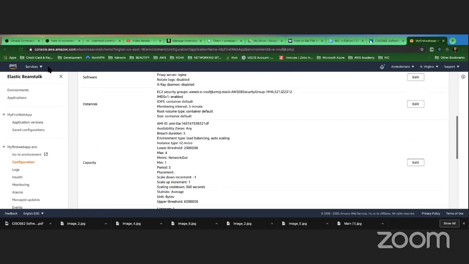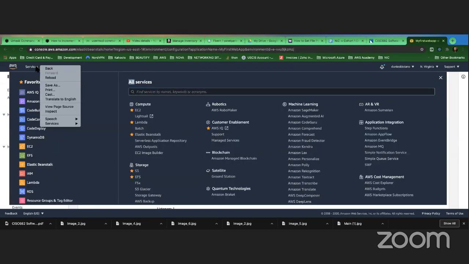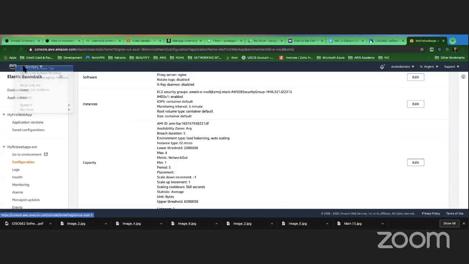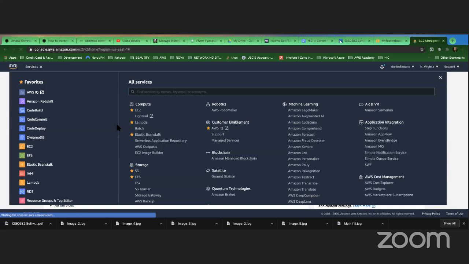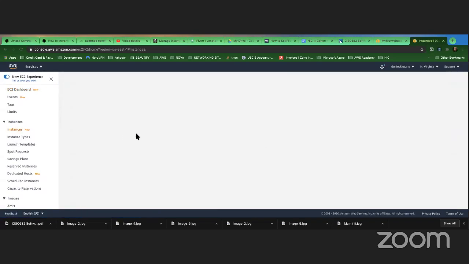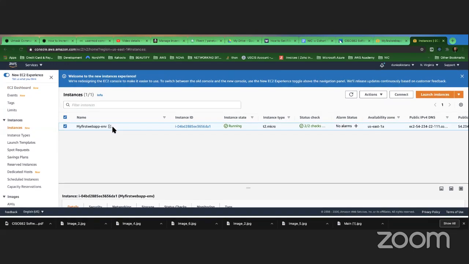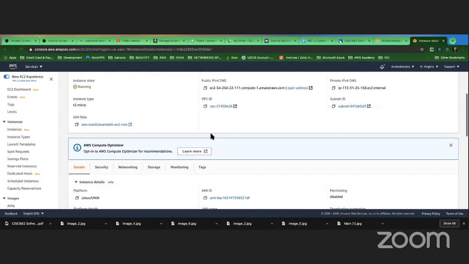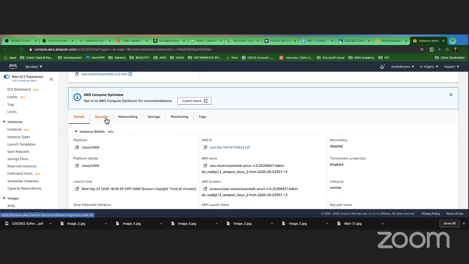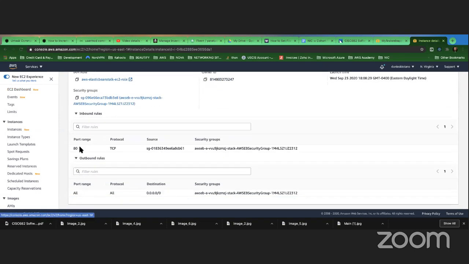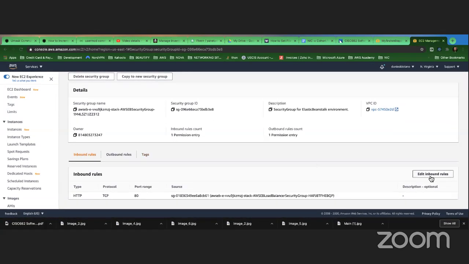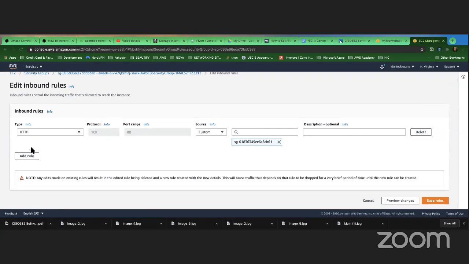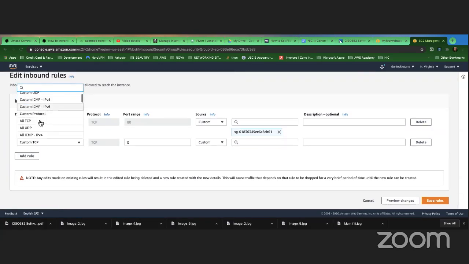If you come to the EC2 instance section and grab that instance, let me see the security groups. It has port 80 open, right? Let me come here, and then I can edit this and add SSH to be able to access this EC2 instance using port 22, right?